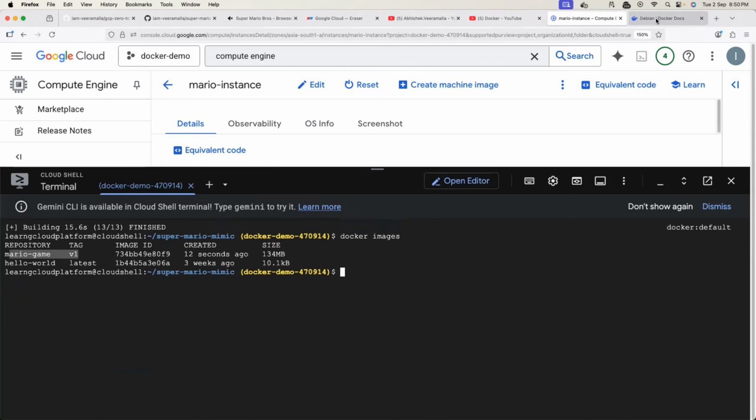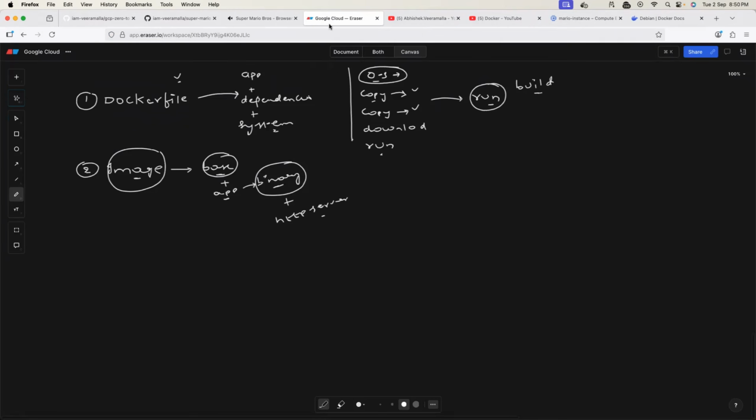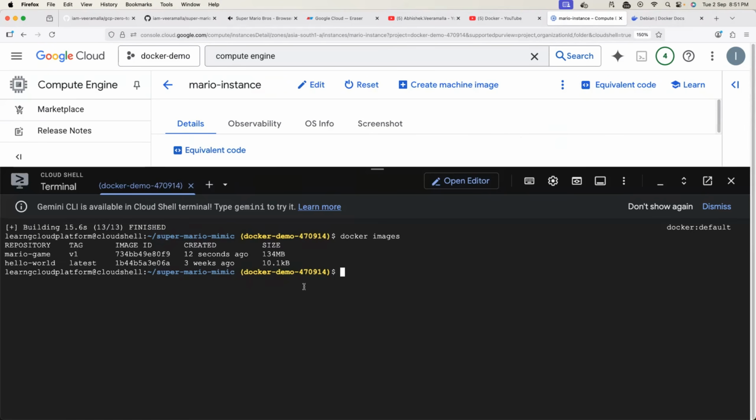Now, once we have the image, the final step or the third step is to run the image. So we executed the Dockerfile, we got the Docker image. Now, once we execute the image, we get the container. And within the container, the application is running. But how do you run the image? So to run the image, we will use a command